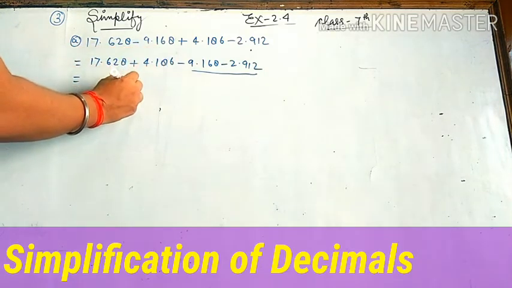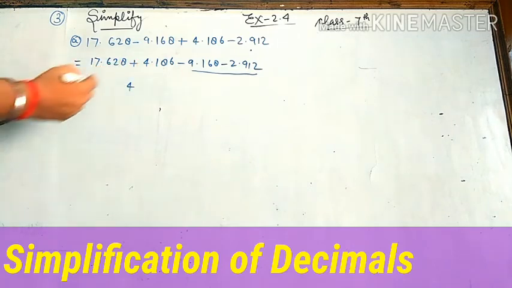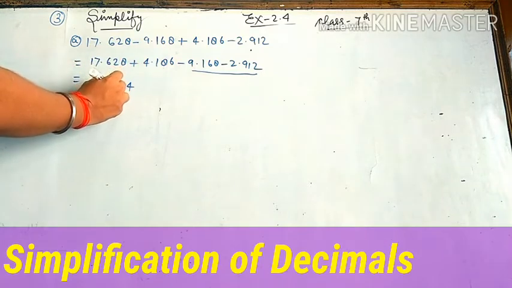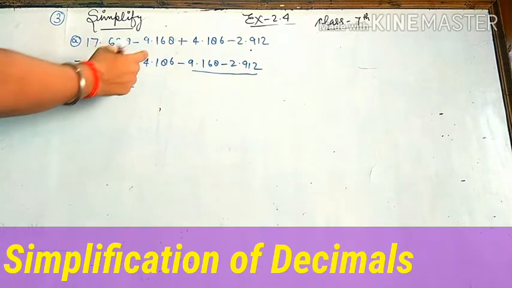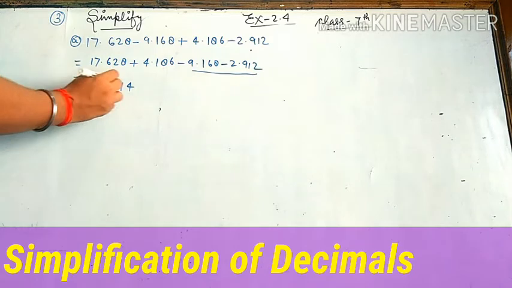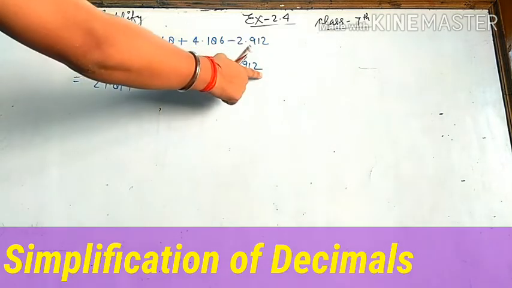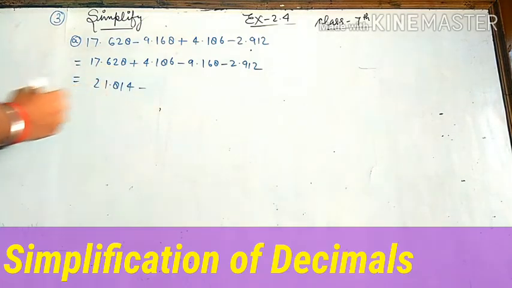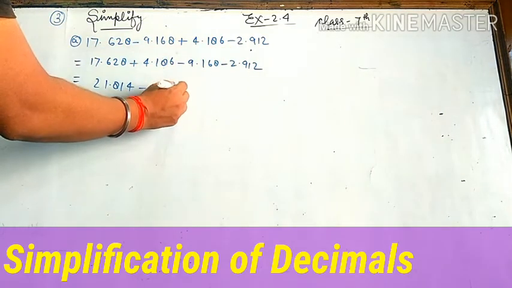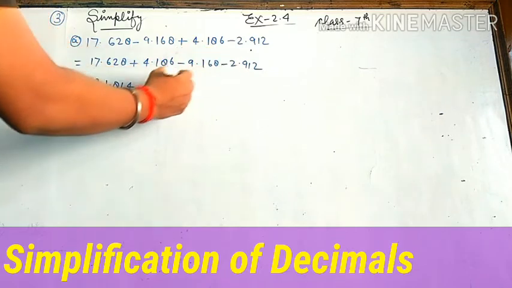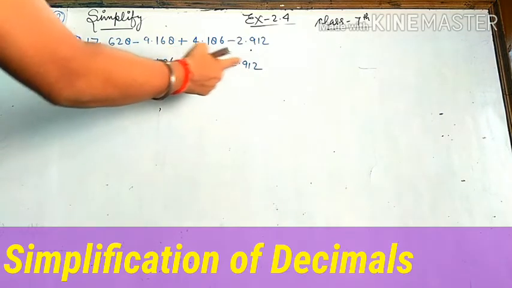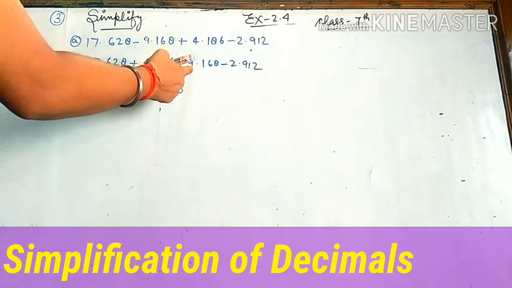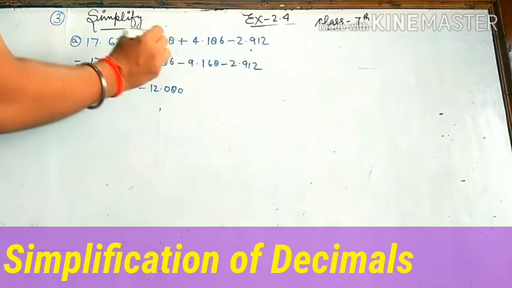8 and 6, 14, carry 1, 2 and 3, 5, 8, 11, carry 1, 6, 1, 7, 7, 1, 8, point. 7, 4, 11, carry 1, 1, 1, 2. And here both are minus, so they will add, but the sign of minus will come. So 8, 2, 10, 0, carry 1, 6, 1, 7, 7, 1, 8, 1, 9, 10, 0, carry 1, point, 9, 1, 10, 10, 2, 12.